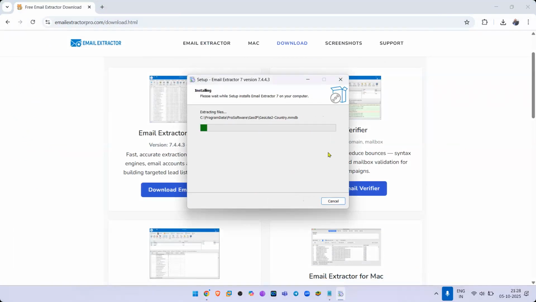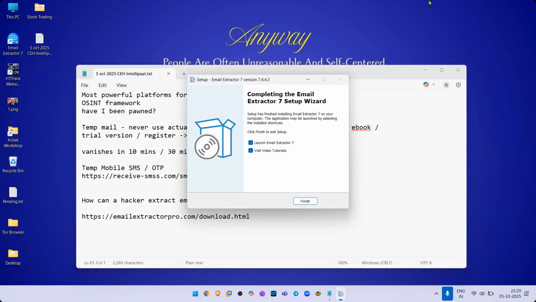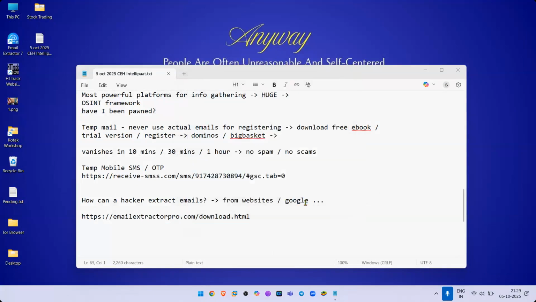Very simple installation. This shouldn't take you more than a minute to set up. Launch and click on finish. You will see the email extractor icon right there on your desktop.